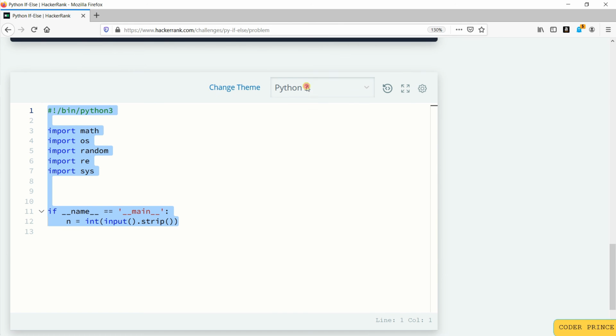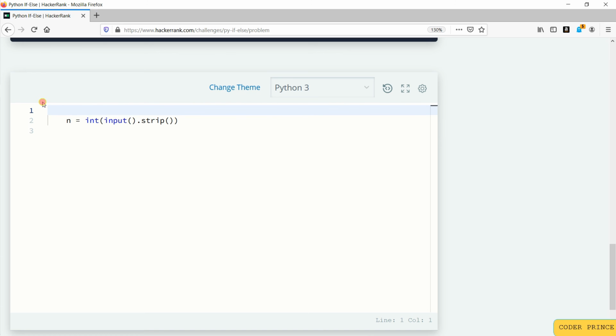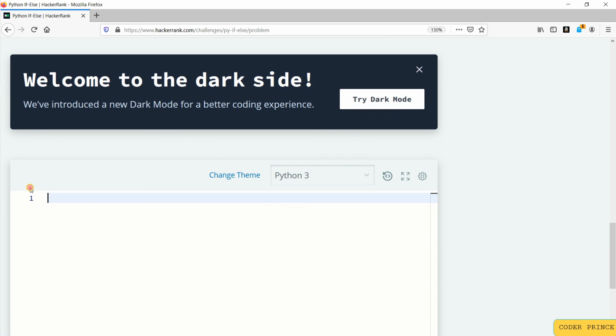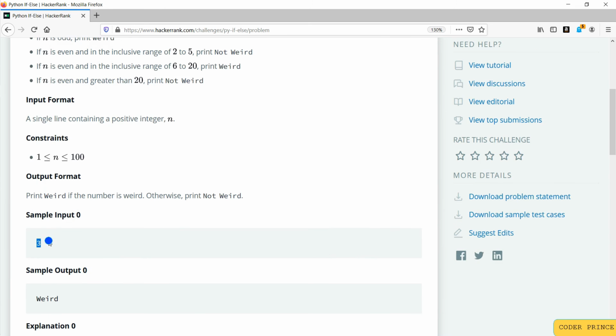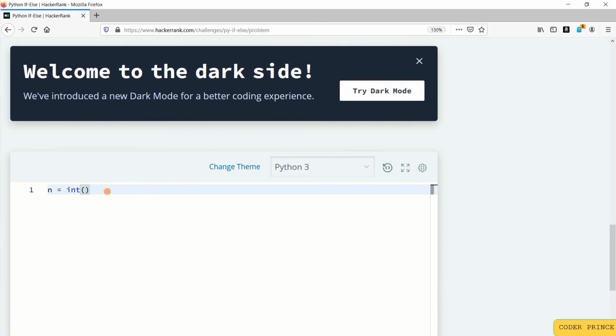In the compiler they have already created a few lines of code. That's a basic code, but it is not mandatory. You can just ignore all this, or you can continue with that. That doesn't matter, but be sure that the indentations are proper. So let's write the first line, which takes the input n from the user. Here the user input is already in a file that contains all the input cases. So we will just need to include some statement to get that input.